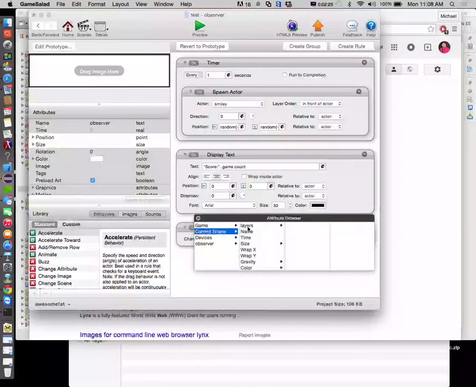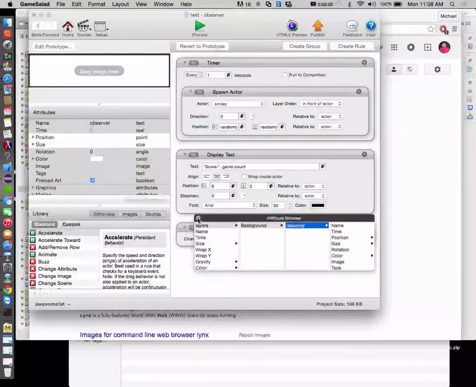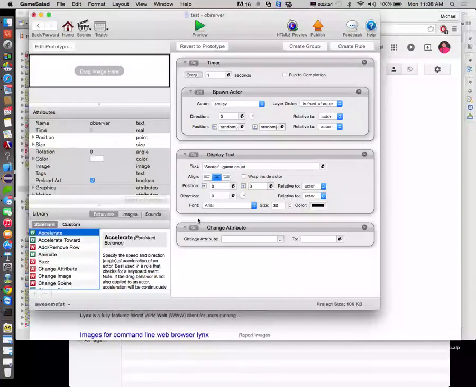Okay, so the current scene has layers in it, background layers, the observer. That's who's currently in the scene when we begin with. But if we had other guys like Mario and stuff like that, we would see them line up here. So an observer that's actually in the scene would have access to make changes to other guys that are currently in the scene. Okay? So that's the advantage of having something in the game and being able to make changes to them. The disadvantage to that,